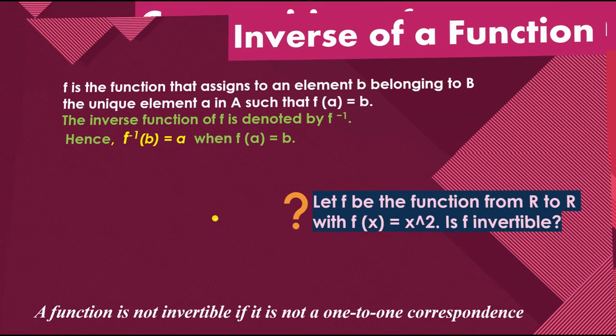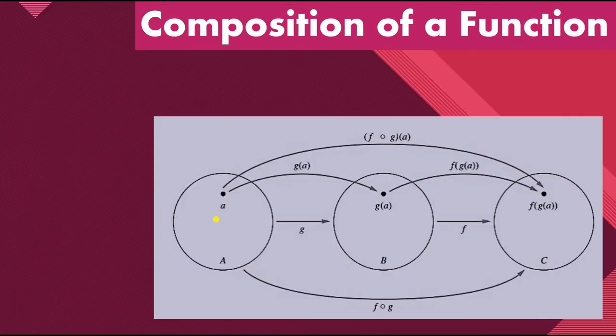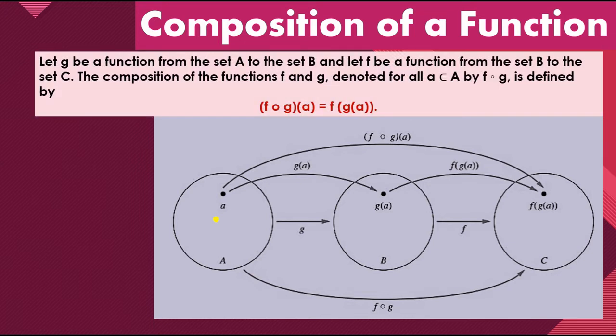Okay, next concept की तरफ आते हैं, that is the composition of a function. Okay, let g be a function from set A to set B. Here is a function g that is basically from set A to the set B, and another function we have f from set B to set C. Then composition of functions of f and g, like this f and this g. How can we write this? Okay, first of all हमें क्या पता है कि हमारे पास एक फंक्शन है g that is from capital A to capital B. इसको हम लोग किस तरीके से डिनोट करते हैं?